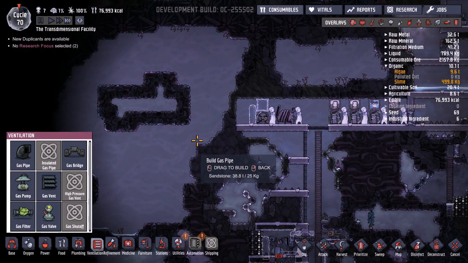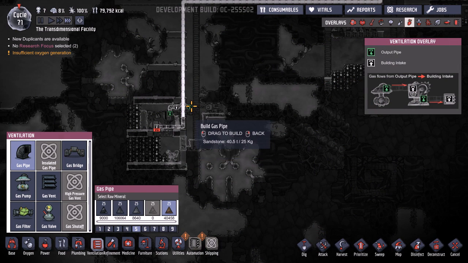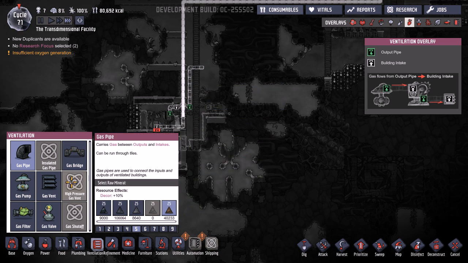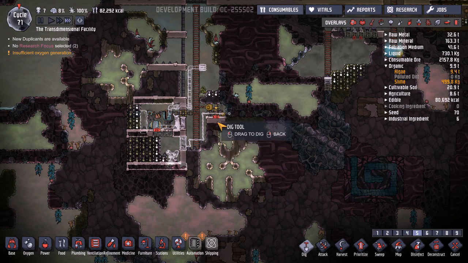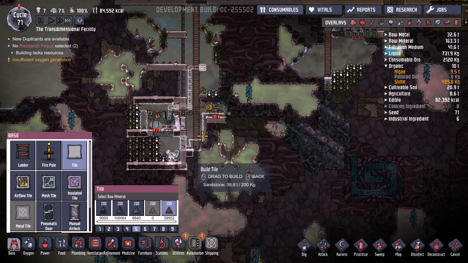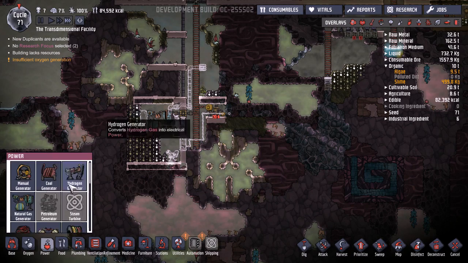Now, if there's too much pressure here, this won't generate any power. So what we're going to do is we're actually going to dump it here. Just dump the carbon dioxide right here, and this should take care of some of it slowly. I'm thinking that maybe we put tile here, and this system can also power